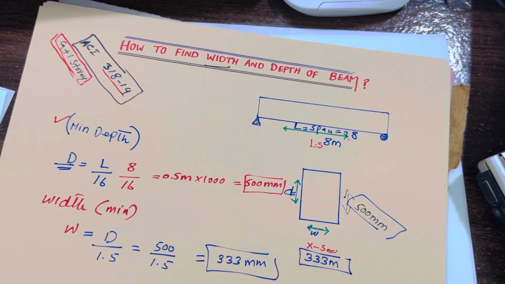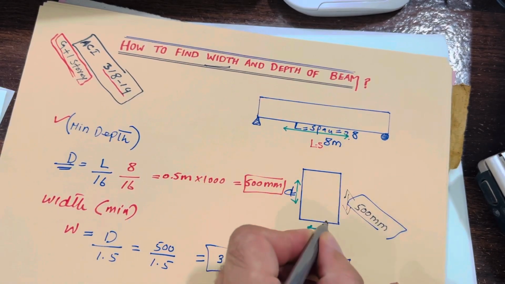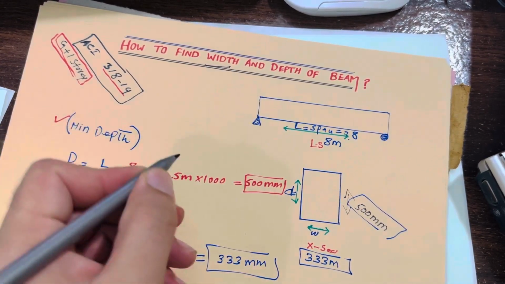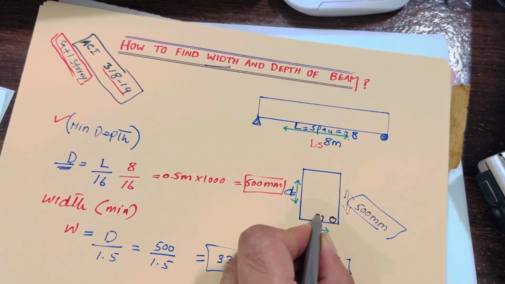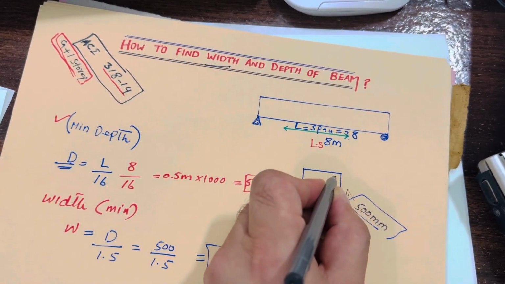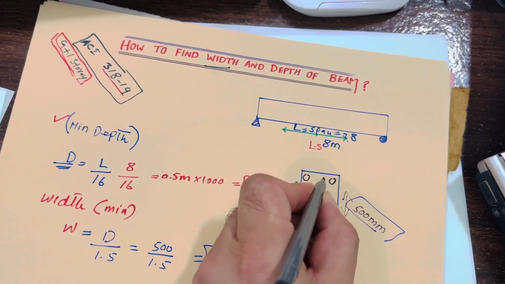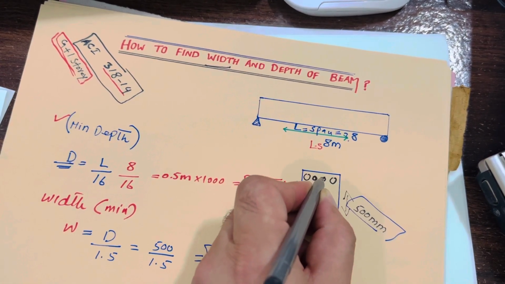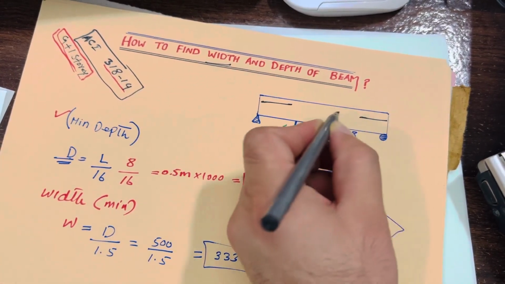Now how much steel is required for this? Remember, this is the tension zone and this is the compression zone. For G plus 1 story, use 3 steel rods at the bottom and 2 at the top. Extra steel rods you can provide at the middle, at a distance of L by 4. L by 4 means